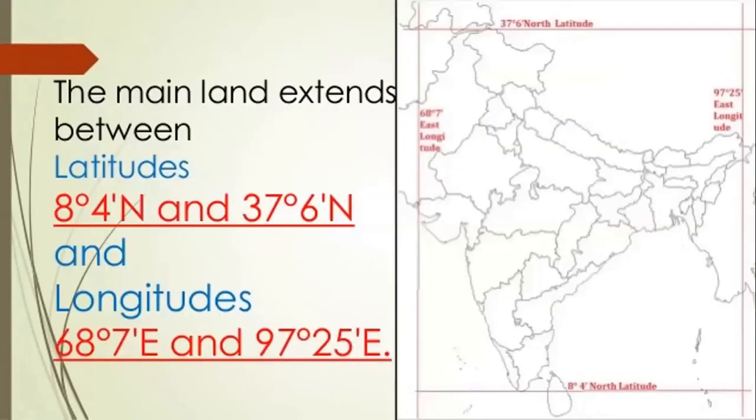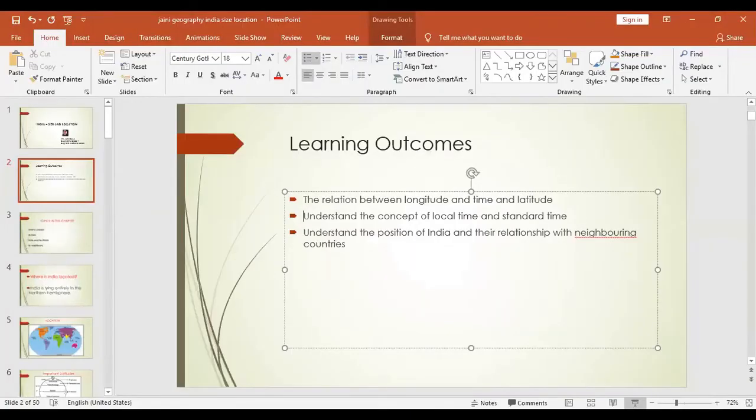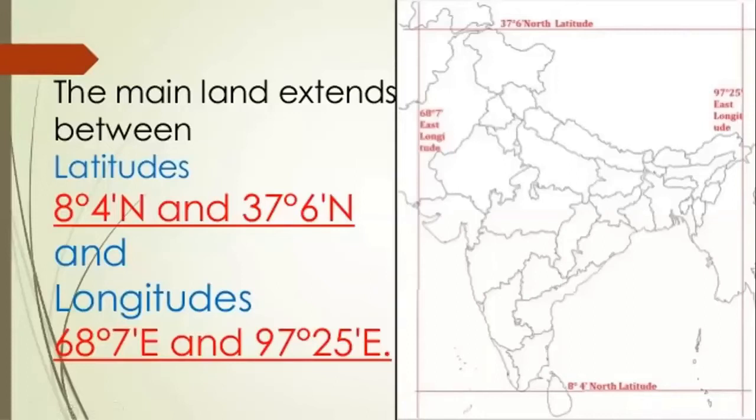Now, the mainland of India extends between. If you look at the two longitudes over here, we have the east, we have the one on the extreme. Sorry about all this. I just went to take a pen to show you all everything that I was talking about, and it got. I'm so sorry.